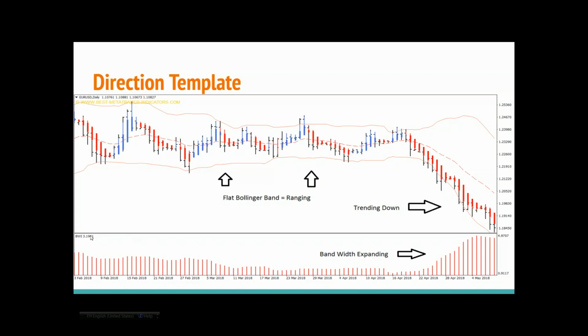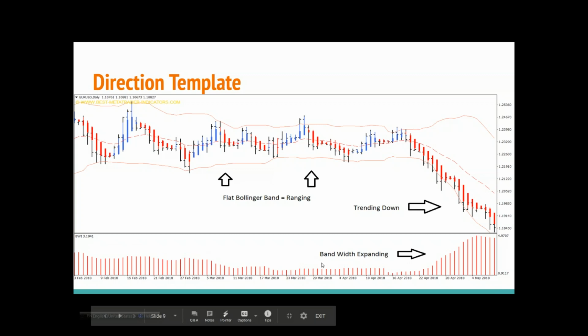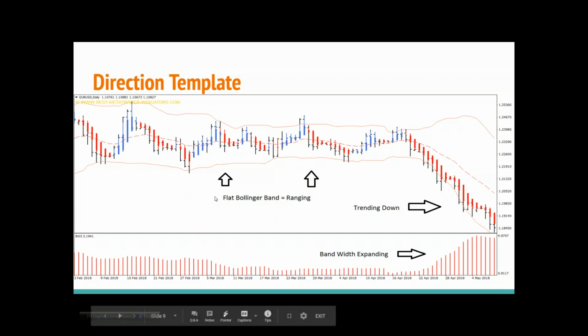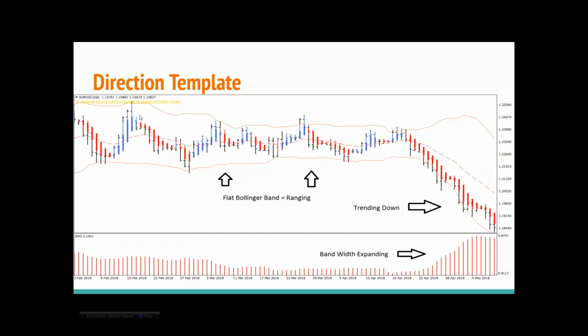So now on the bottom of the frame, what you see here is we measure the width between the up band and the bottom band. We call it bandwidth. And take a look at this chart. What does it tell you? So at the left, you see what we call ranging. Ranging means price respects the Bollinger Band. It goes to the bottom of the band, then goes to the top of the band, bottom, top, bottom. Now what we see is the width is relatively flat between the top and the bottom.